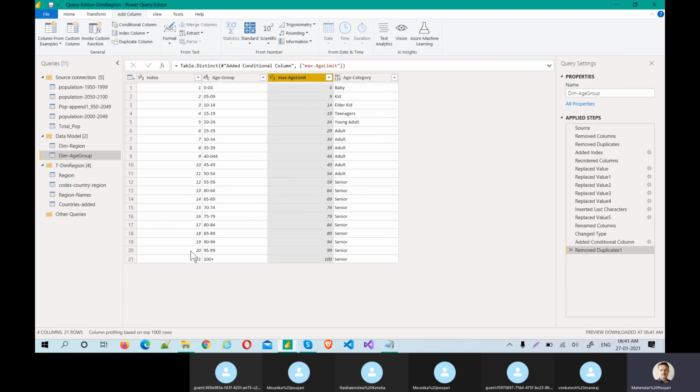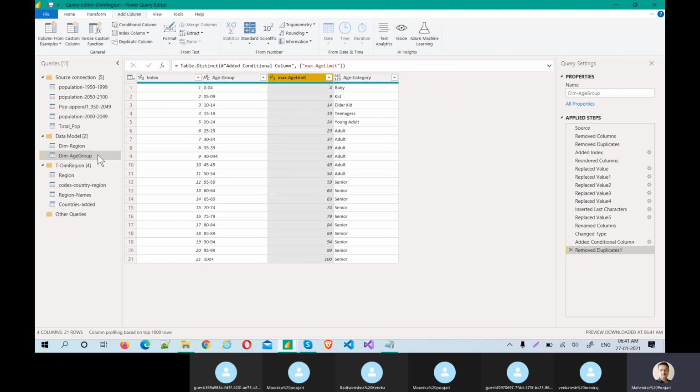See, now they are gone. Now only 21 records. 1 to 21, the indexing also is perfect. So this is actually the dim age group. This is perfectly fine. Right.